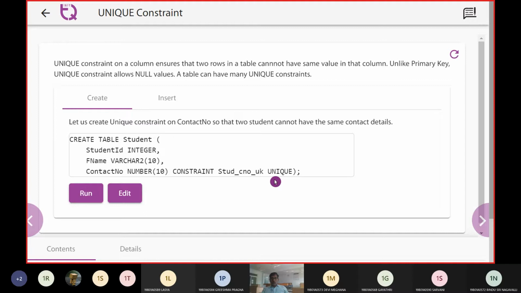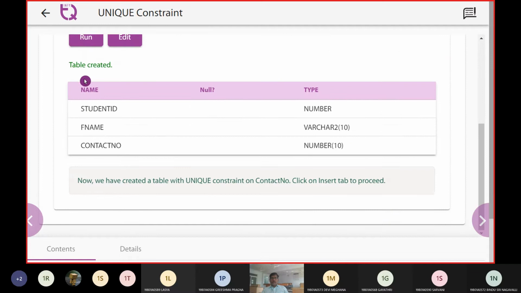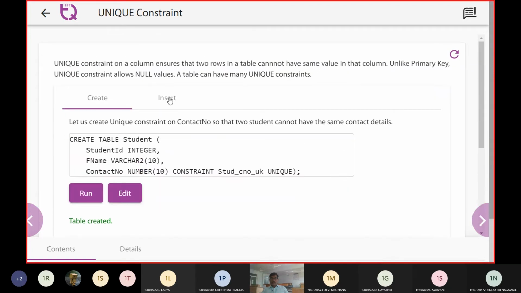We are going to impose it with a constraint, and the name of the constraint we are going to call student constraint unique key. When we hit the run button, you can see this table was created, and for the contact number a unique constraint was attached.